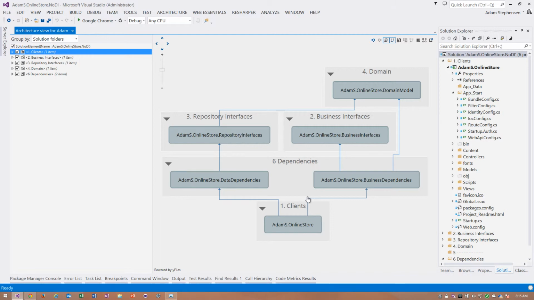We want there to be no link between the UI project and the dependencies for two reasons. The first is that it's very easy then to know that all the developers on the team are in fact injecting their dependencies. It's great for a team to be able to generate the dependency graph each sprint and see at a glance that no hard-coded dependencies have been introduced. And as well as that, having no link between the project and the dependencies also discourages developers from taking naughty